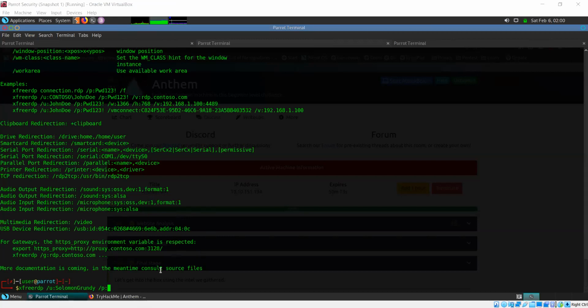What value should we use as a password? We don't have a password yet, so maybe we should try a blank password.